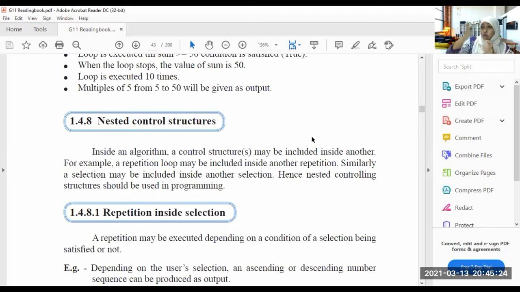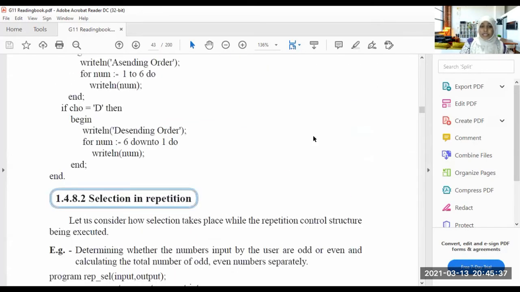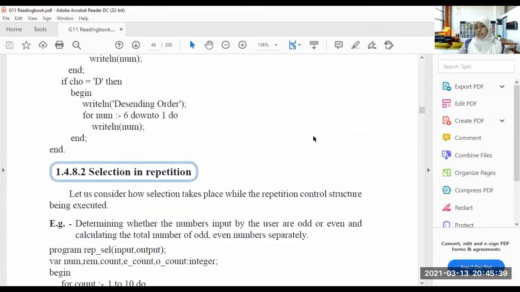Here, 2 control structures will be coming together. For an example, repetition inside a selection control structure. Okay? And selection in a repetition control structure. Inside, there are 2 control structures. That is called a nested control structure.